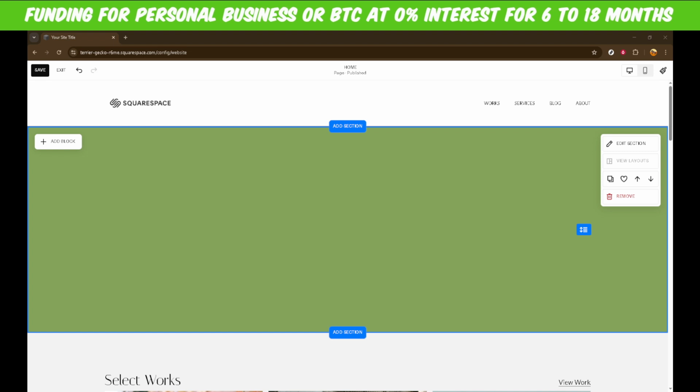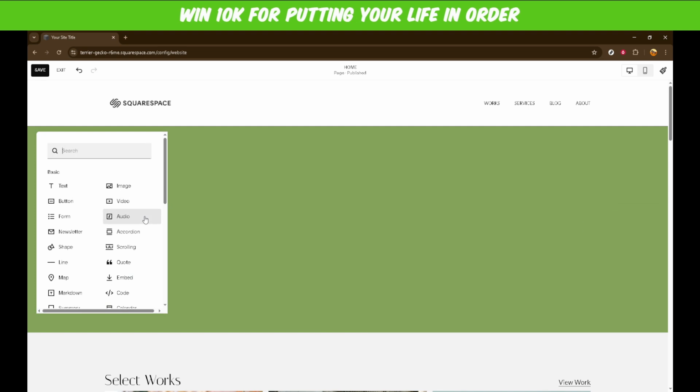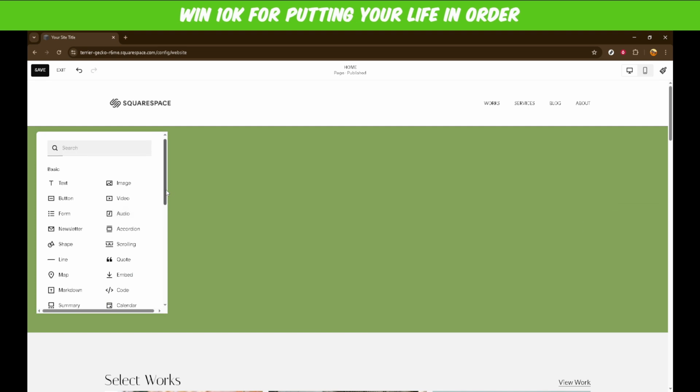Now, you'll want to add what's called a block to your site. In Squarespace, blocks are like building blocks. They allow you to add various types of content to your page. To begin, locate and click on the Add Block button. You'll typically find this option in your site's content editing section, where you can modify what your audience sees when